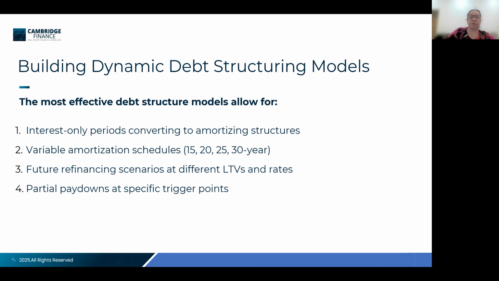When we are building models, the idea is to build dynamic models, so we can see the difference in paybacks or payouts in terms of interest rates, how we're going to pay back this interest, how much is the total amount of interest we're going to pay, and the variable amortization schedule as well. For example, even if it is a loan for 10 years, you can have different amortization schedules of 15, 20, 30 years, because the idea is that we're going to have a balloon payment at the end.